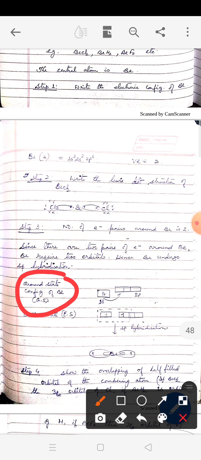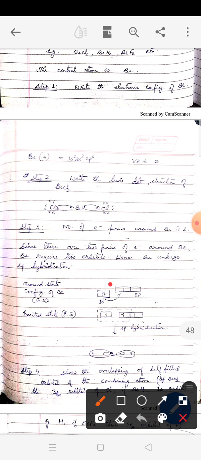You can see here I have written 2s and 2p orbitals in the form of boxes. We have represented the orbitals. And you may notice here I have maintained an energy gap between 2s and 2p. I did not draw them at the same level. Here we are representing the energy gap between the two orbitals, the energy difference.